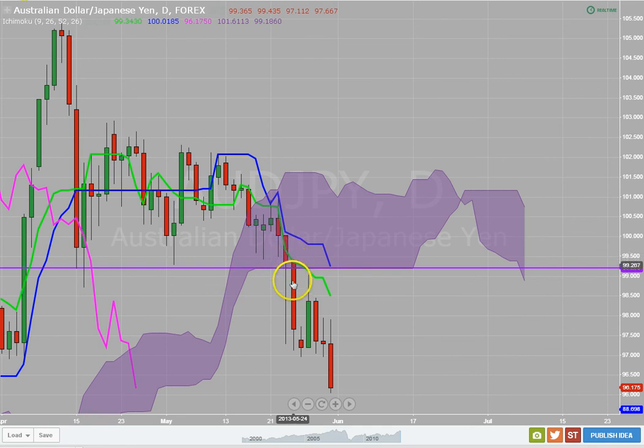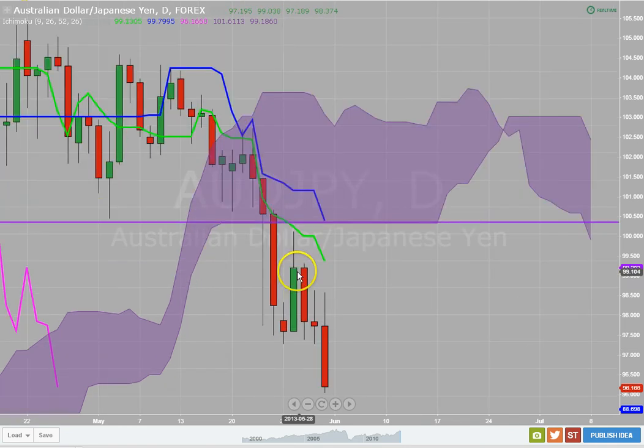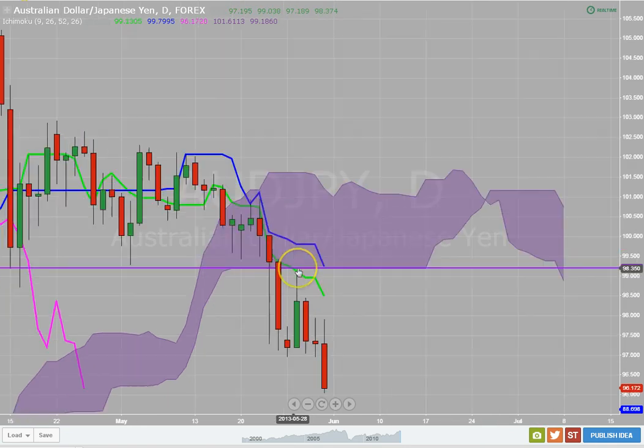Now here where we came down, we closed below here. This is far to get into the trade and put your stop loss up here, but if you did, you would have still been safe. I don't like to get in that far away. So what happens? The market pulled back, came close to that level. And traders, this is where we want to get into the trade, close to these support and resistance levels. We couldn't get in there.